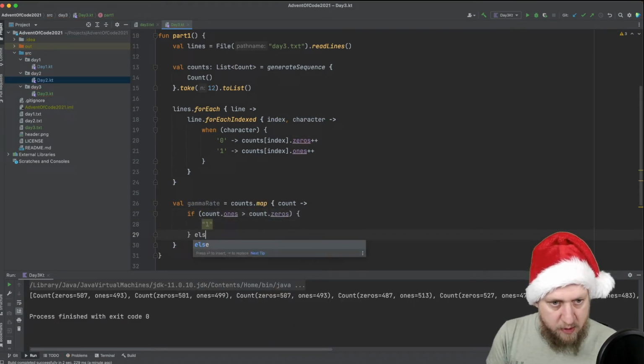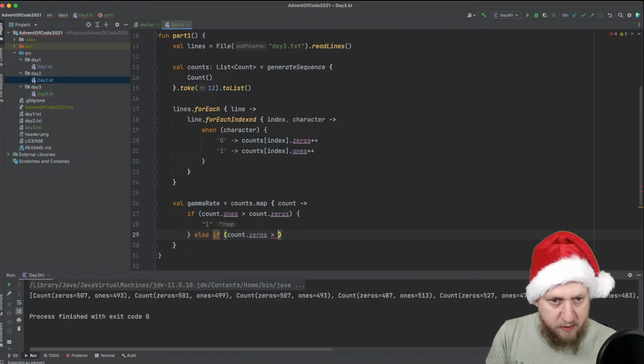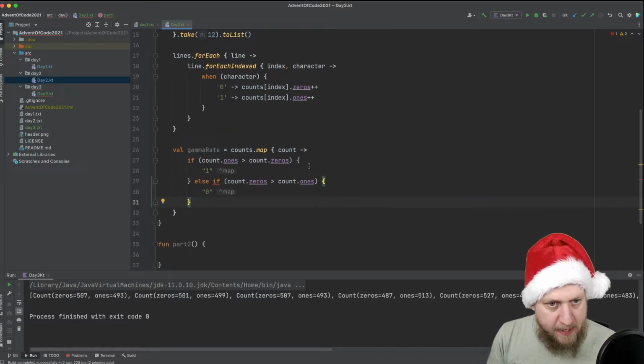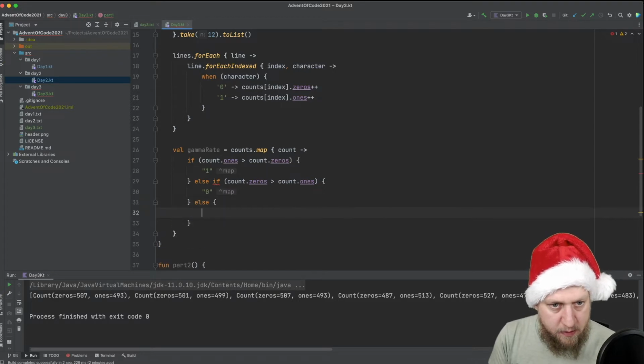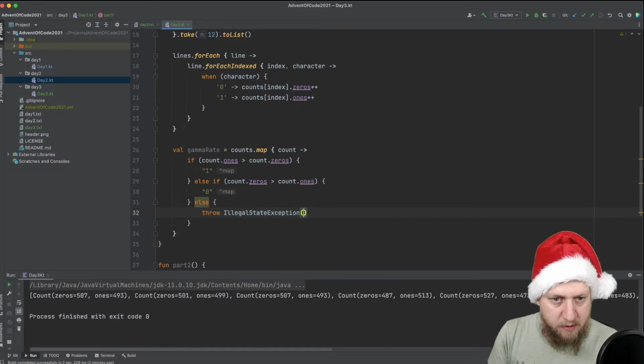So if count zeros is greater than count ones, then it's a 0. And if it's nothing, so they're equal,